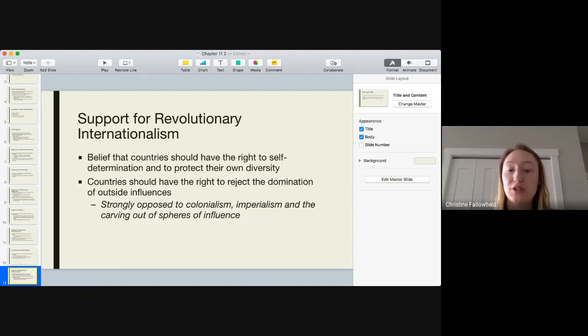We are opposed to colonialism, imperialism, spheres of influence. And just to touch on spheres of influence, it's the way that you are able to affect those around you. If you think about your sphere of influence, I'll use myself as an example. My personal sphere is probably my best friends. If I'm going to talk to them and I recommend a product, I have a reputation of being very good at knowing what my friends like.